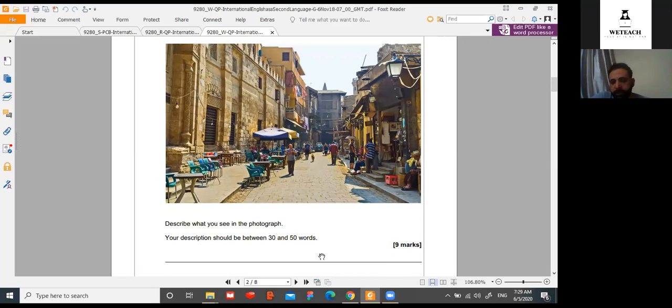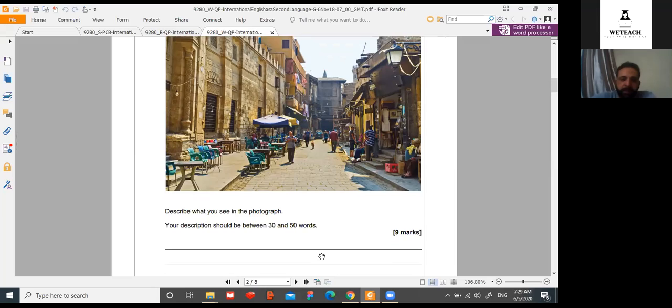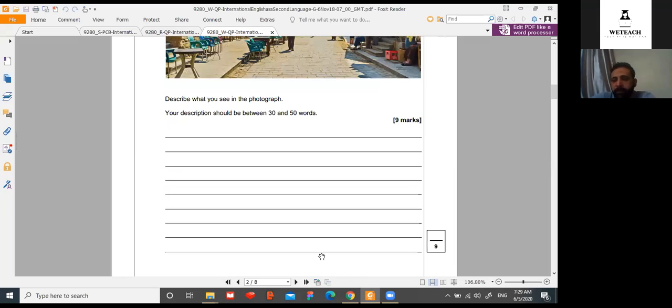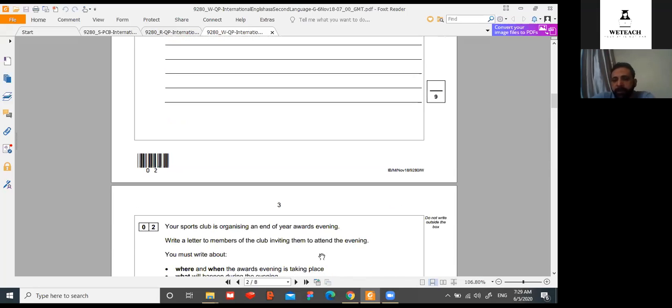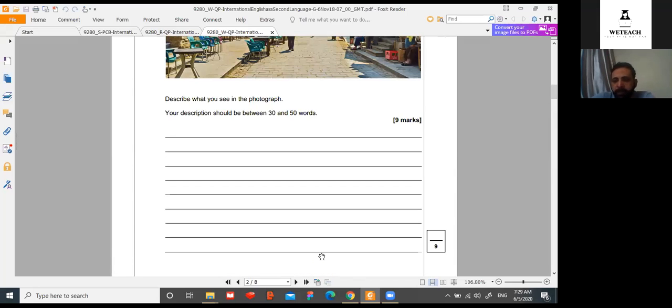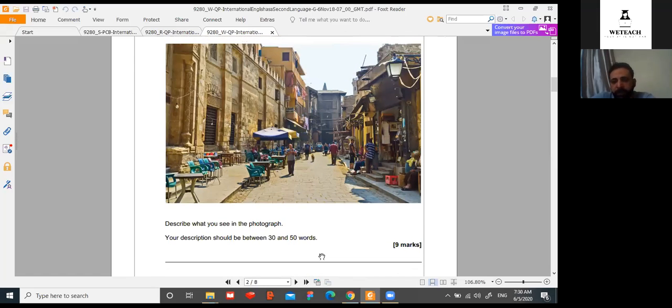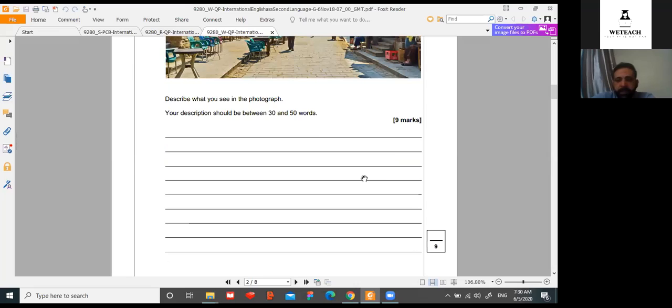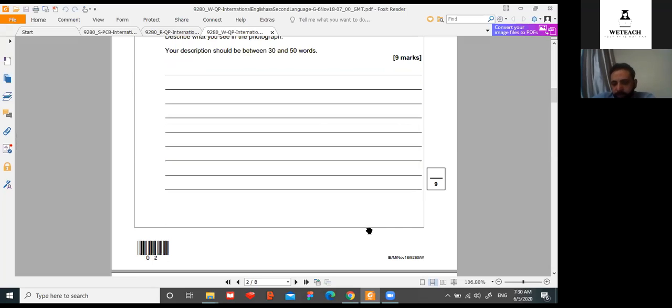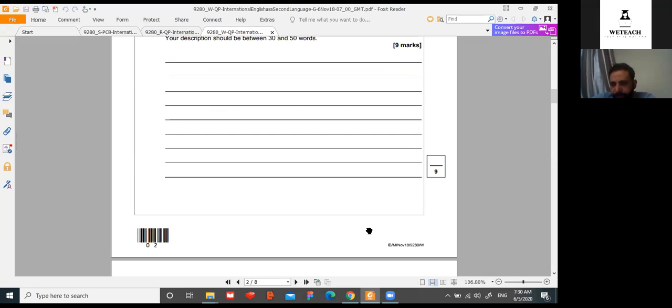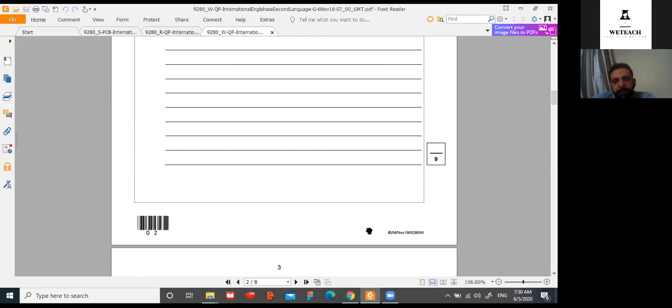So this is the first question, and you have enough space to write. As you see, there are enough lines to write up to 50 or 60 words. If you need to make your handwriting better than this, along the year you will be trained how to make your handwriting fit this part, because these lines can take more than 60, 70, or even 80 words. So the first question is out of 9: 6 marks for the content and 3 marks for the language. Okay, guys? Now we have the second question.